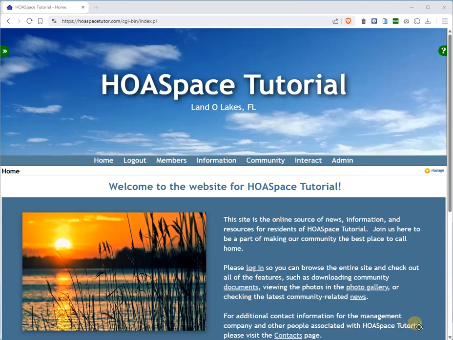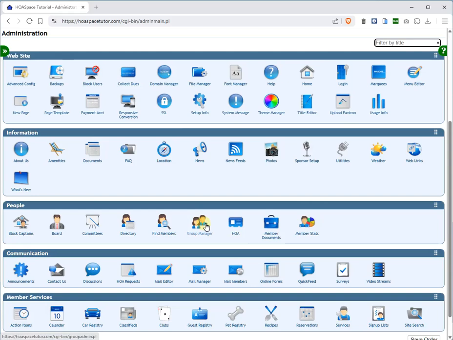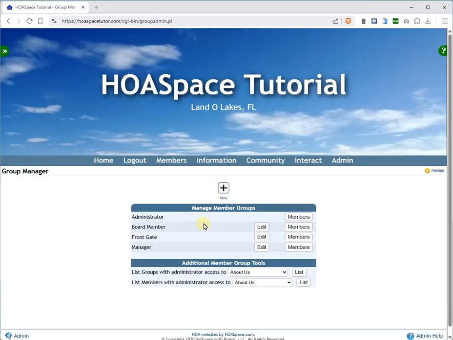In this tutorial, we're going to go over how to use the Group Manager. I'm logged in as the administrator, so now I'm going to go to the admin page, and I will scroll down and click on the Group Manager icon to launch the Group Manager. Now in the beginning here, you can see we have a list of the existing groups that we have, and